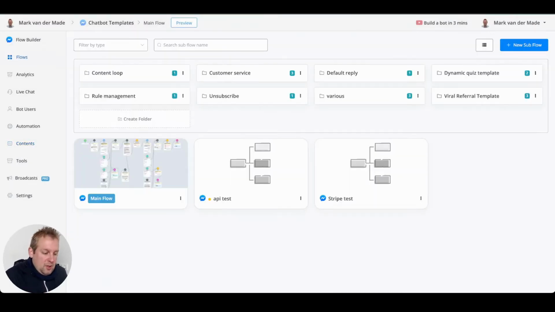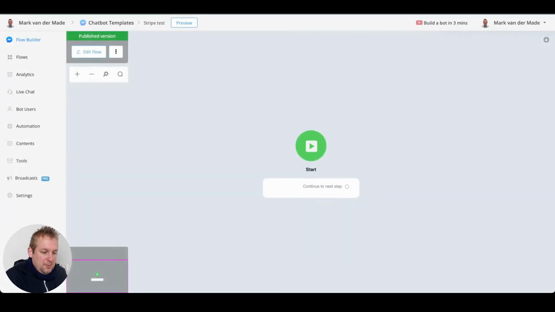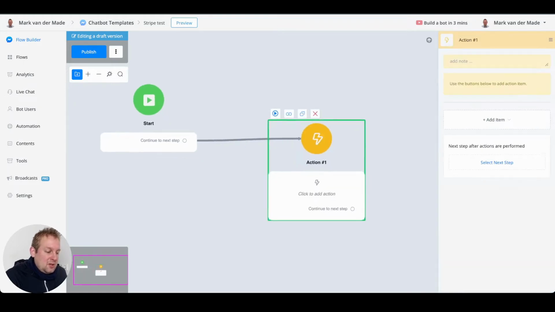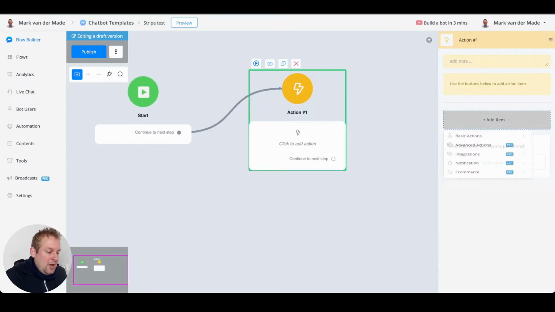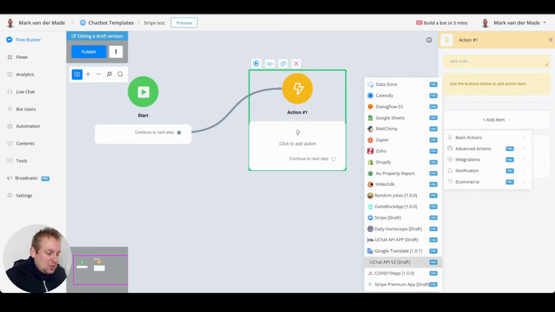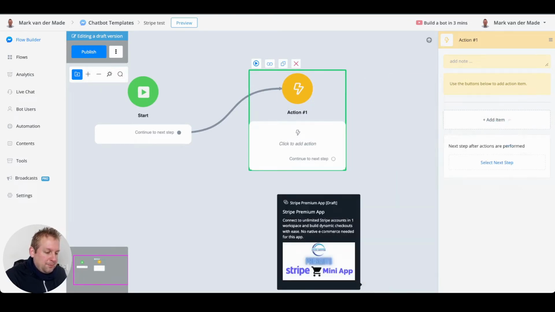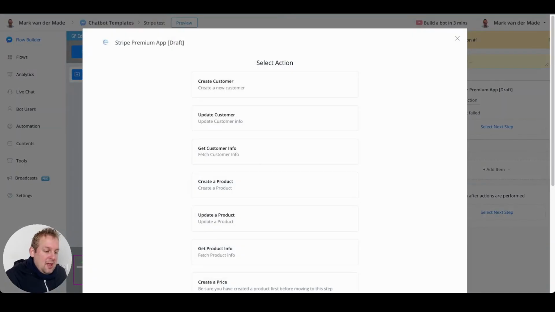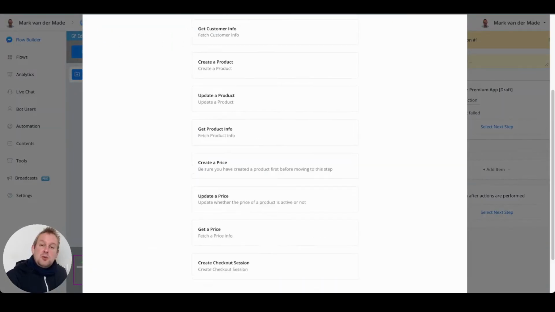You can go to a flow. So let's go to a Stripe test flow. So once you are inside of your flow builder, and if you want to connect towards your Stripe integration, the only thing you need to do is just enter a new action block, go to add items, integrations, Stripe premium app. Currently it's inside of a draft version, but as soon as I press publish, then this draft version will disappear. You can go to edit action, and here you have all the actions that you need to create a